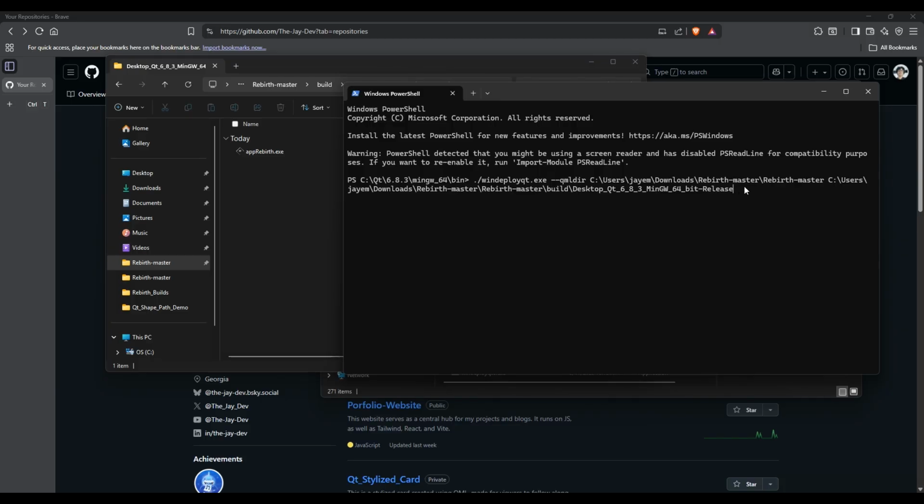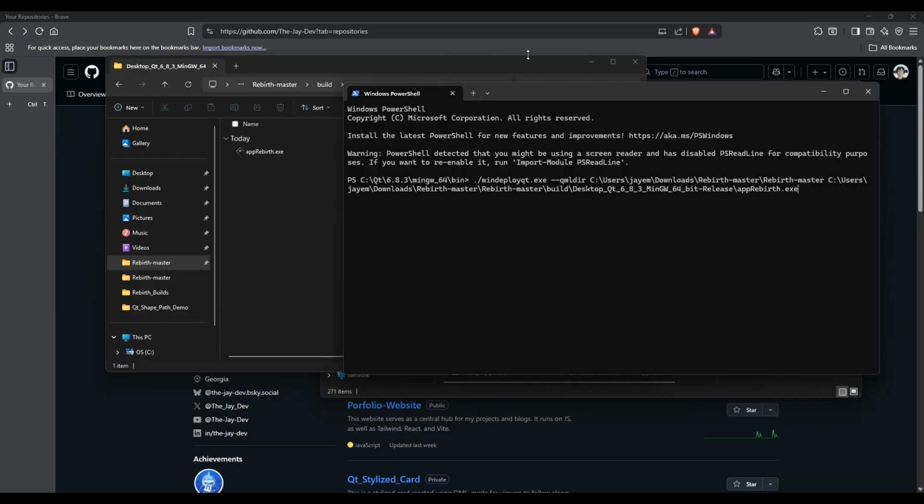Otherwise, you would see the name of your app.exe at the end here. So I'm going to need to add a backslash and then the name of the app. Mine is app-rebirth.exe. Now when I hit enter,